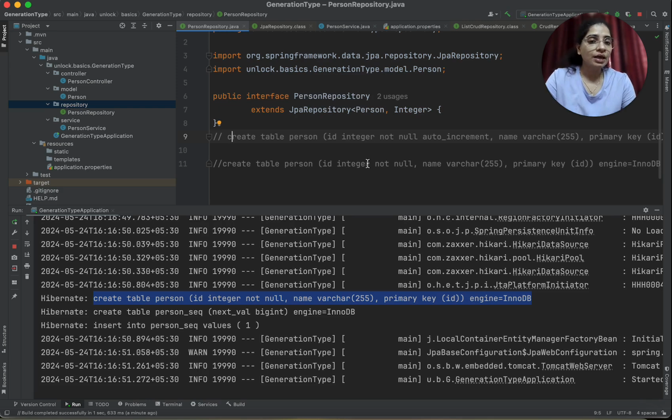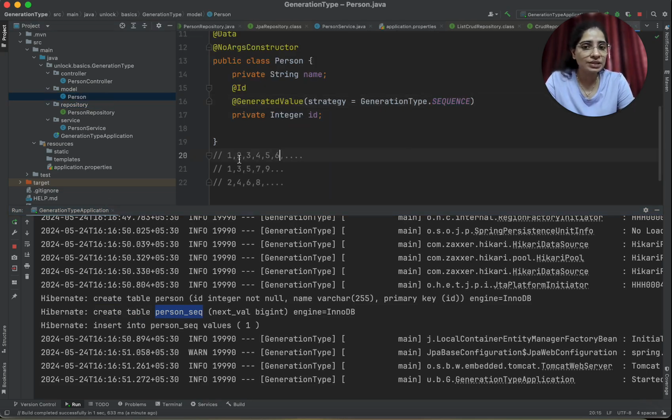That means generation of ID will not be taken care of by the database, but the ID will be coming from a sequence. You can see that there is one more table that has been created by the name person sequence. When I told you that the data will be coming from a sequence, for that sequence one table has been created in the database, and this table, the table name followed by underscore sequence, will be helping for this ID.